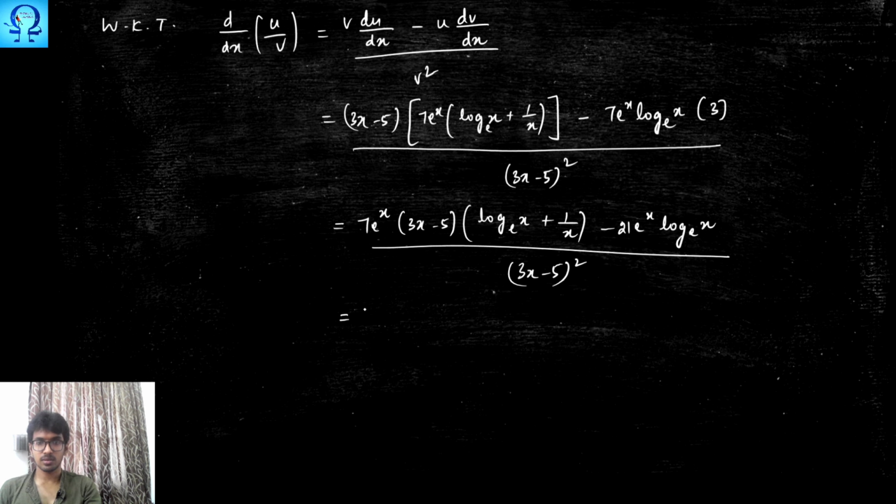So this is going to be what? In both the terms, you have this e power x. So actually you can take 7 e power x, as of now, take e power x as a common thing. Now what you are left with is 7 times 3x minus 5. Okay, instead of writing these things completely, just mark this as equation 1.